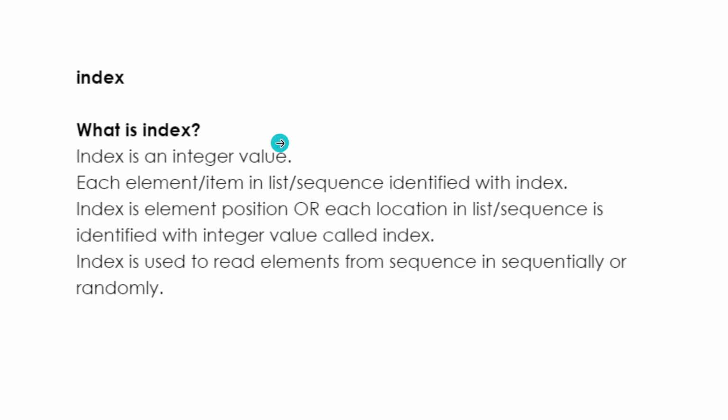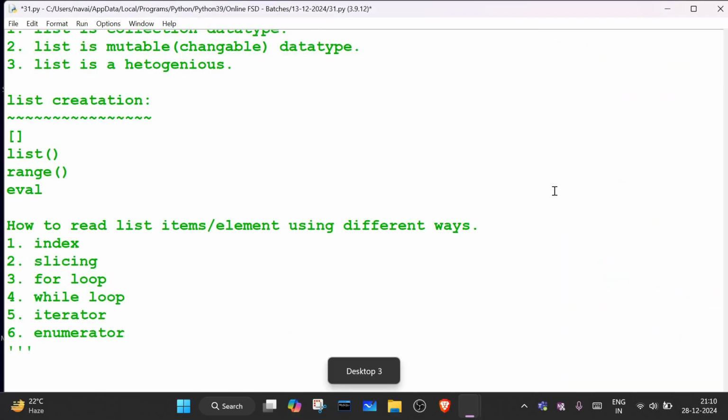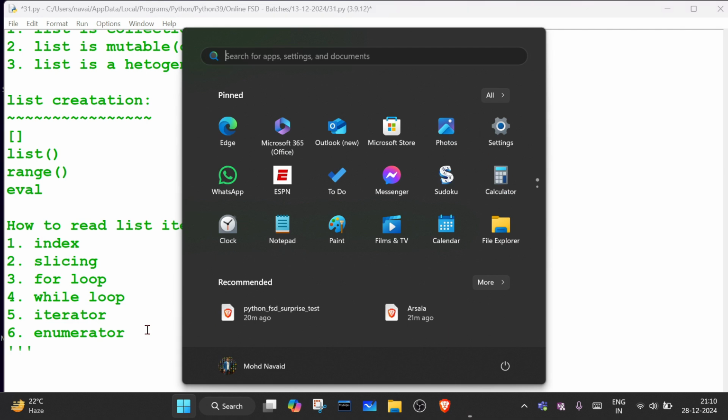So what is index? Index is an integer value. Index cannot be a character. Each element or item in a list or sequence is identified with an index. So whatever we have inside the list,